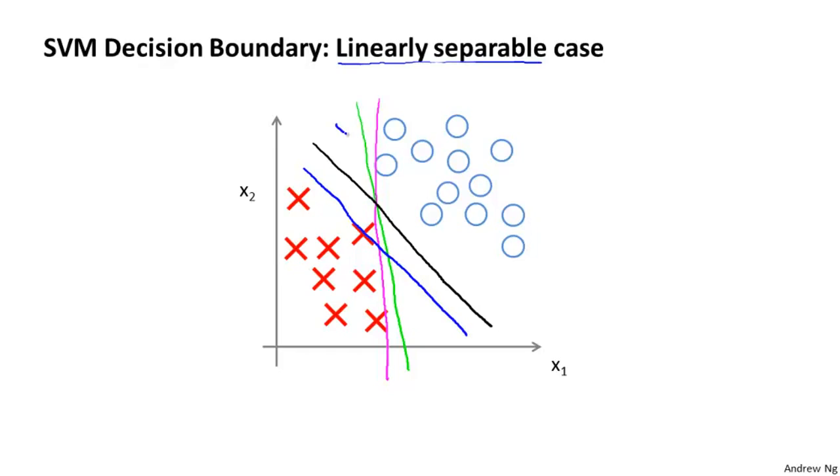But if I draw these two extra blue lines, we see that the black decision boundary has some larger minimum distance from any of my training examples, whereas the magenta and the green lines come awfully close to the training examples, and that seems to do a less good job separating the positive and negative classes than my black line. And so this distance is called the margin of the support vector machine, and this gives the SVM a certain robustness because it tries to separate the data with as large a margin as